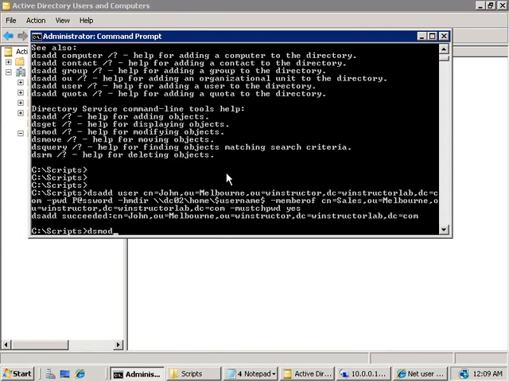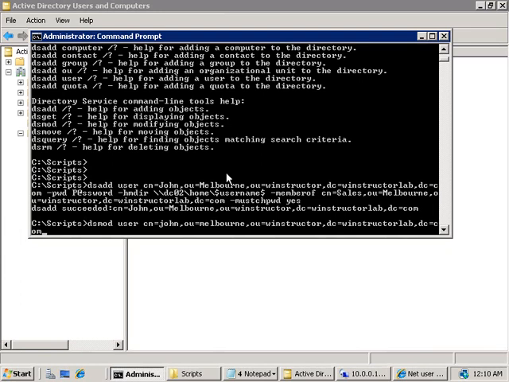So let's go back to our command prompt and we'll fire up our next command, which is dsmod. Now the syntax for dsmod is pretty much identical with what we've seen with dsadd, so we're going to dsmod our user account, and that user account is going to be John. And of course John's account lives inside our Melbourne OU, which lives inside the Winstructor OU, and of course the domain component we'll need to enter in here is Winstructor Lab and the domain component of com. And then we'll add in the home directory parameter and we're going to change that to